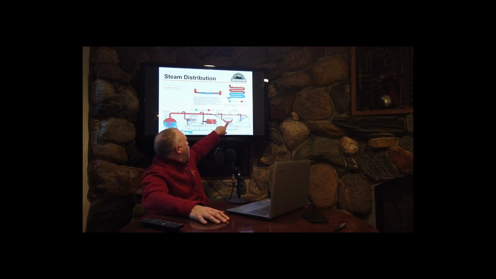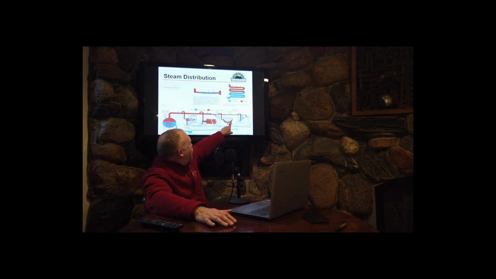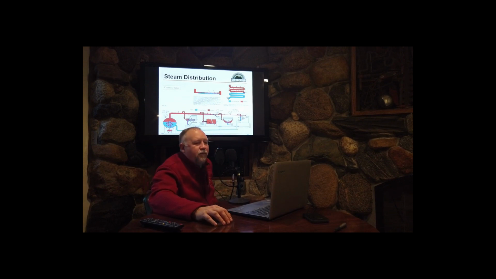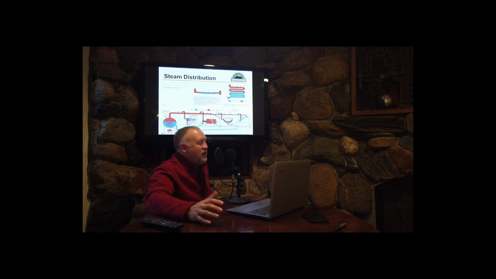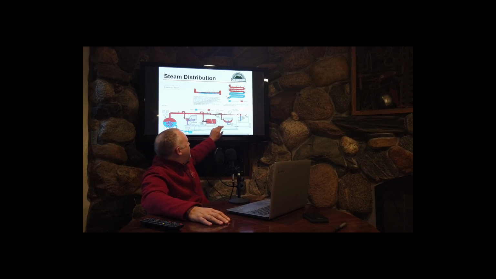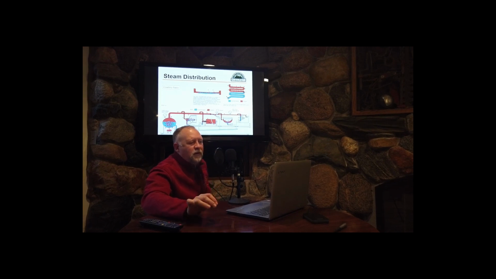And also, everywhere where we use steam, there's a trap. In other words, once I get that energy out, whether it's by accident in the pipe or on purpose at a coil, it's going to lose energy and condense back. We're going to drain that back. Notice that this is gravity drained to a tank, and then we're going to pump it into the boiler because there is still a whole lot of energy in that condensate. This condensate is going to be just below 212 degrees. It's probably 180 degrees and hotter.